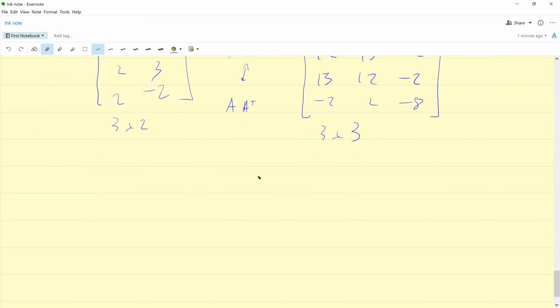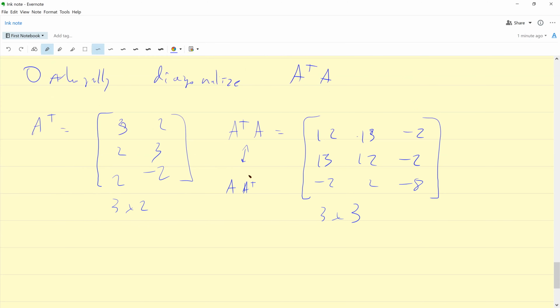Oh, okay. But again, wouldn't it be 3 eigenvalues here, but then only 2 eigenvalues for the other one? Yeah, you're right. You only consider, I think, the first R eigenvalues for singular value decomposition, where R is the rank. So if you have the extra ones, you won't consider them. Well, let's find the eigenvalues for this first, and then go on from there.